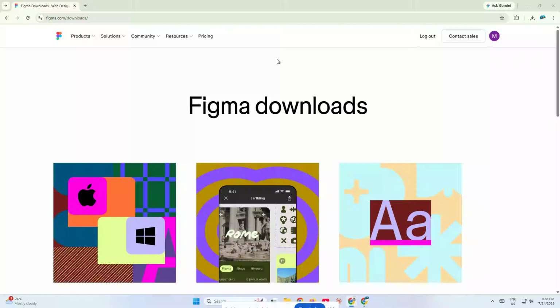In today's video, I'm going to show you how to download Figma on PC step by step and get it set up properly so you can start designing right away. If you've been trying to install Figma on your computer and want a simple, beginner-friendly guide,